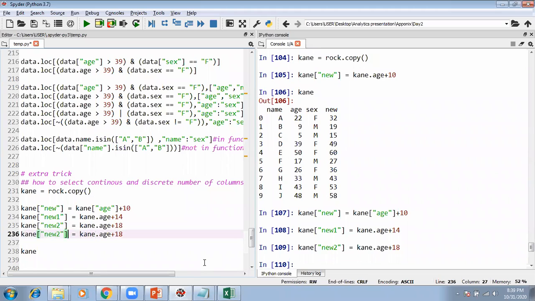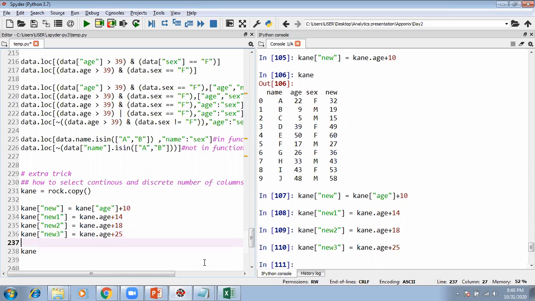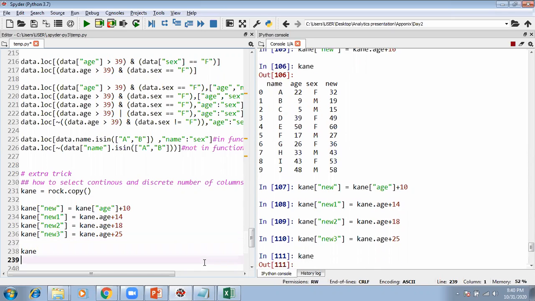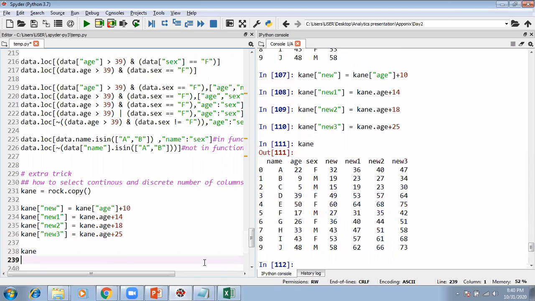So I'm just creating a couple of columns. Now I have lots of columns.